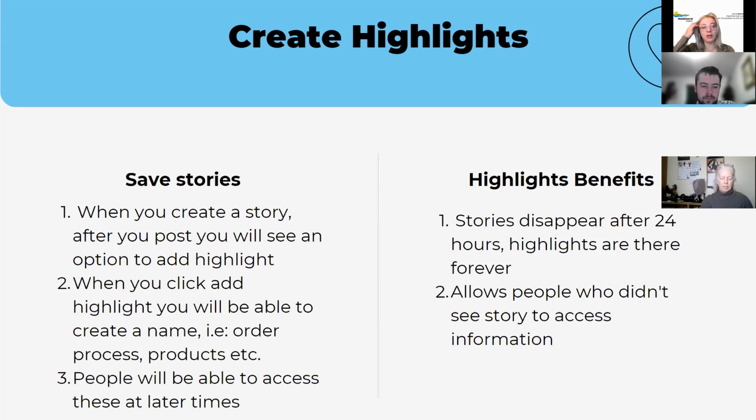So if you aren't familiar, Instagram stories go away after 24 hours and people can't view them anymore. But if I save it to a highlight, people will be able to see it at all times. So perhaps someone didn't see my Instagram story, but it was really important information. Maybe I'm doing a product drop, or I just highlighted my new spring products. People can go through now and see that later. So if we go to the next slide,